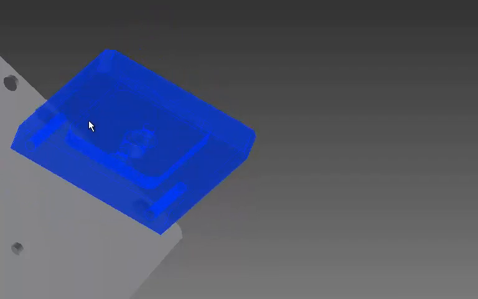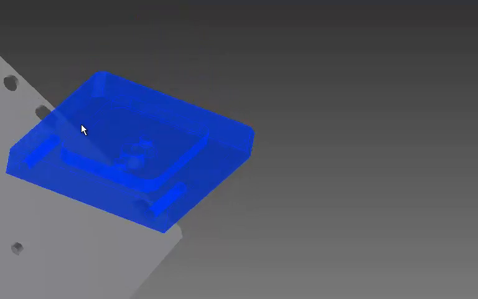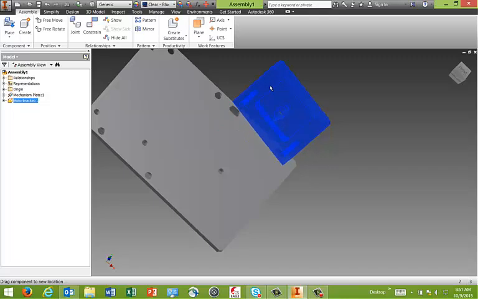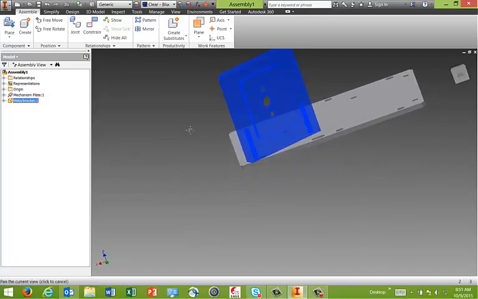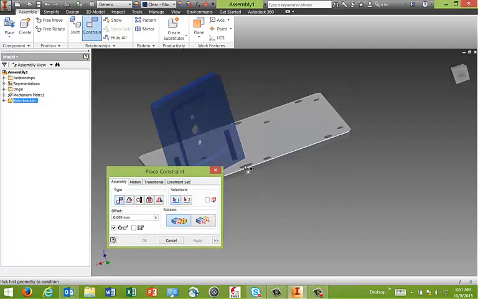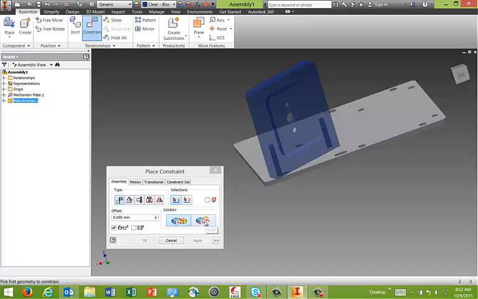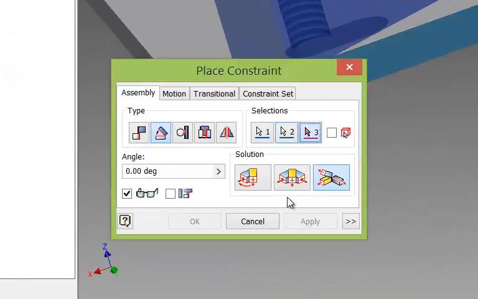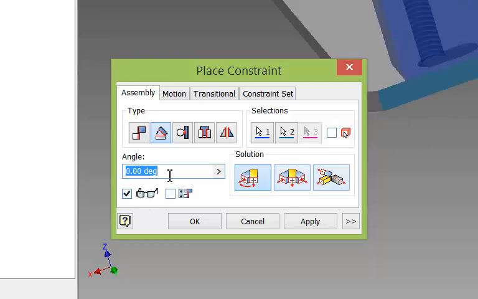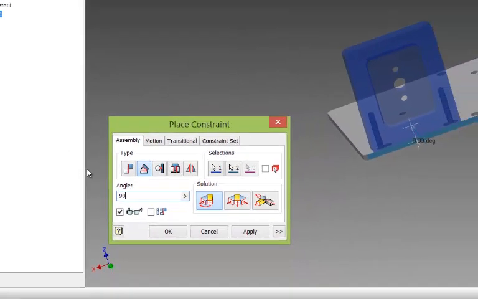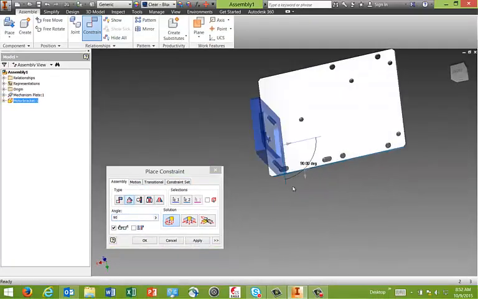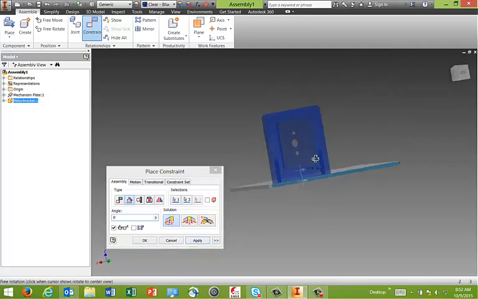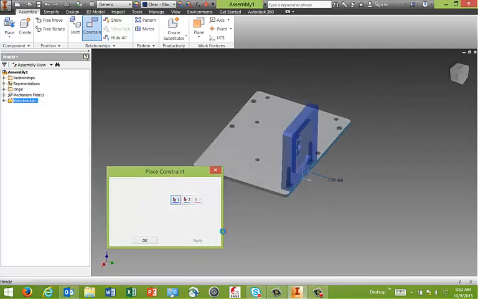Now what happens is that this motor bracket is still not yet fully constrained, and all you need is one more constraint to do the job. So you click on constraint again, and this time round you could choose it to be parallel at an angle, and you select this face to be parallel to this face here. Okay, and you can select the direction angle to be 0 degrees. If you were to enter in a 90, you will notice that your motor bracket will be rotated 90 degrees from the face that's selected. So if I were to put 0, this is what I have. Okay, now I'll click apply to have this,